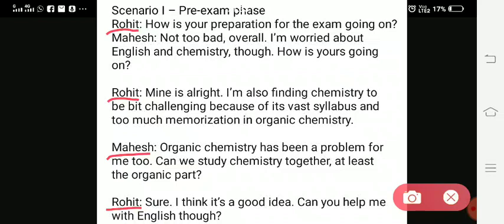Then the name of the people is very important. It is compulsory, you have to mention it, and a colon should be put after it, right? This is an important part. Here you can see after Rohit I have used a colon. These two dots are called a colon. So you have to use a colon while writing dialogues, because then only the reader comes to know that from this point after the colon your dialogue has started.